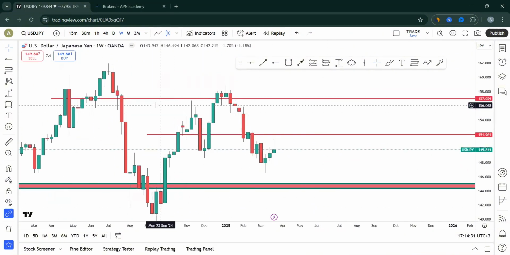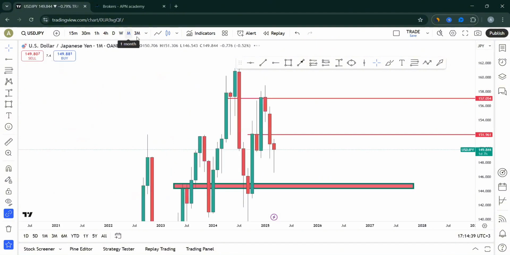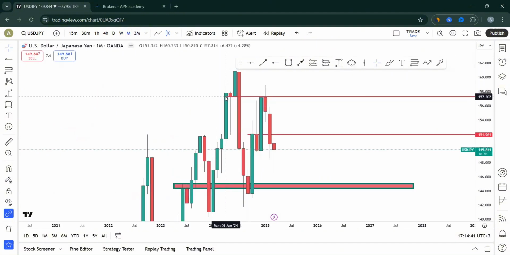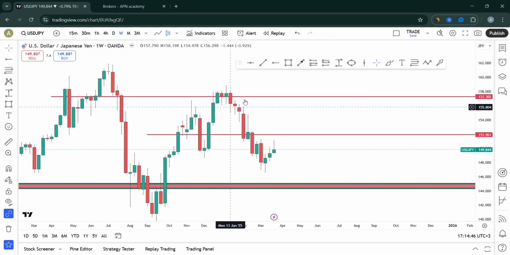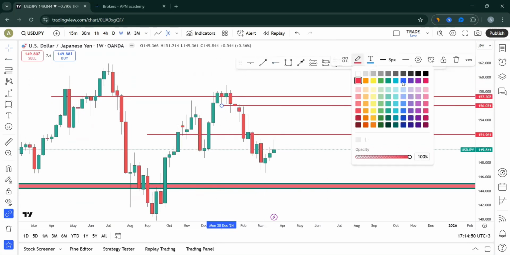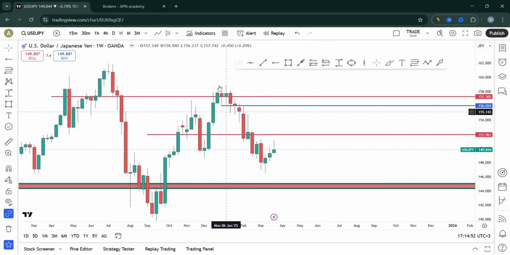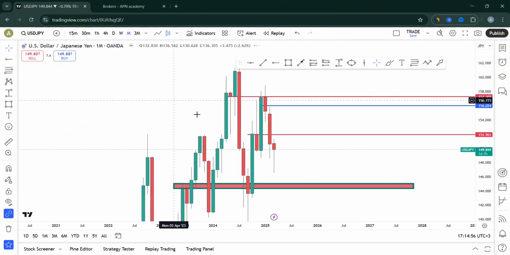So with this resistance here, it's like a neckline to a structure here. But if you go back to monthly, this is the neckline. Actually, let me just adjust it. This is the level. Now, when you come back to weekly, you can see it's a neckline here, okay? So also, this neckline here was not properly tested when we're going down, okay? Then we started dropping, lower low, lower high, okay? Then also, let me adjust this one here